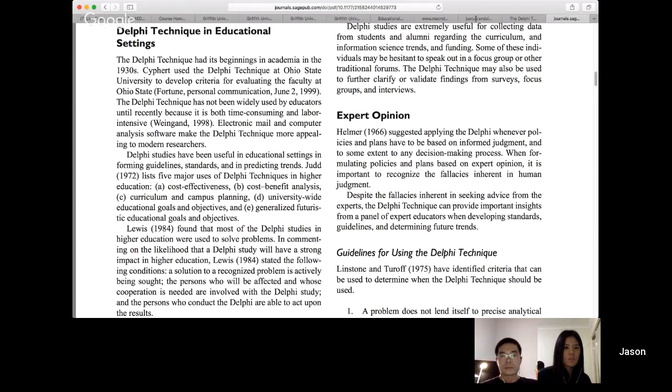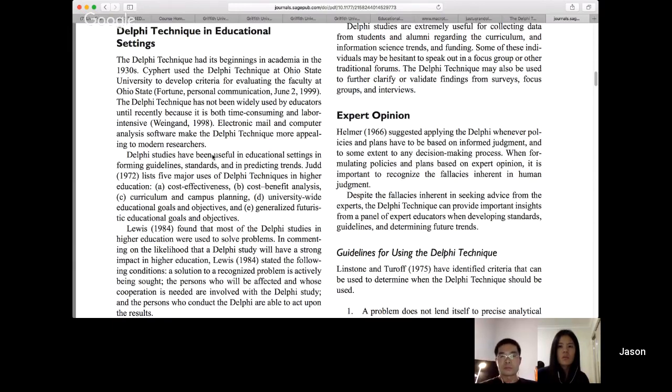So the difference between this and a survey is there's no discussion as part of a survey. Here people can actually question things and have a discussion about things before the next round of ranking, and that's an important aspect because otherwise it'd just be here's a survey, rank these and look at the results.